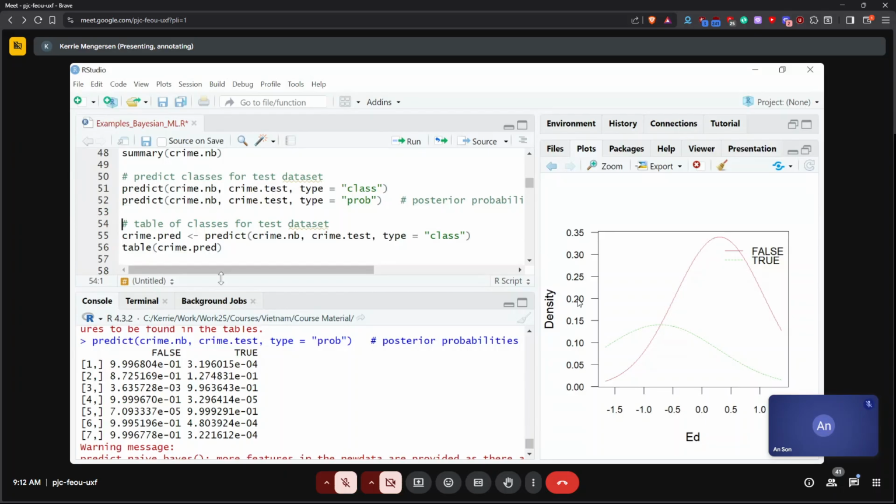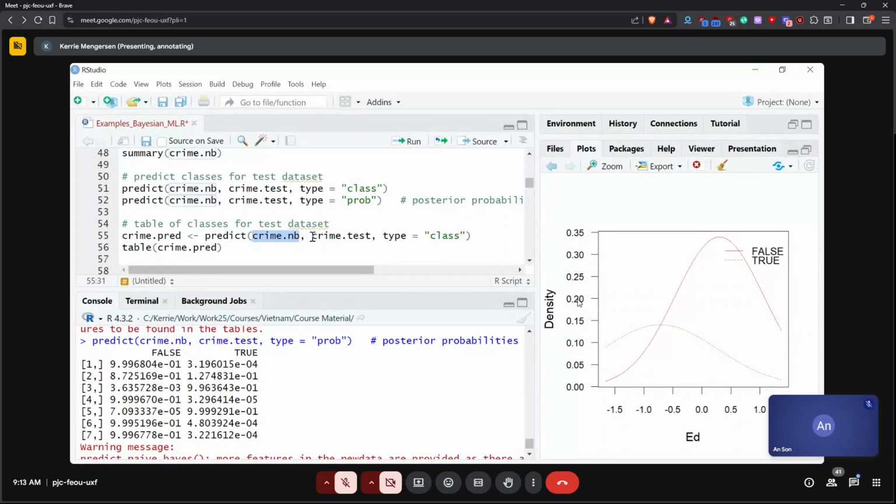Okay. Now I can also look at how well I am predicting. So this is the table of classes for the test data set. So I'm going to predict now for my modeled results here, and the test crime data set.